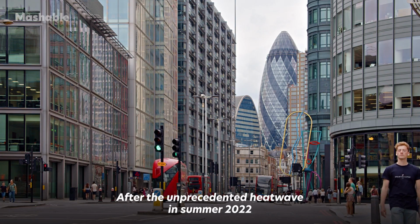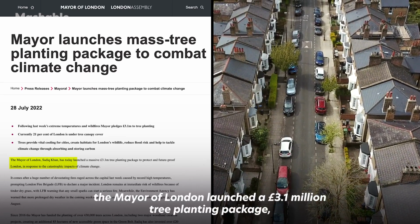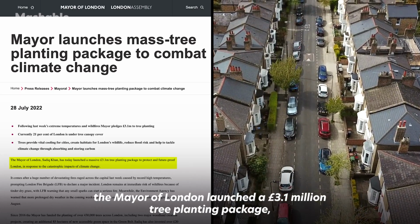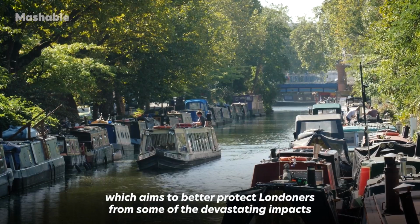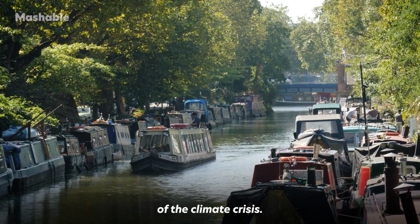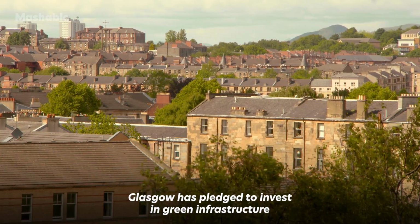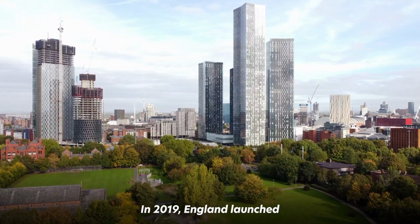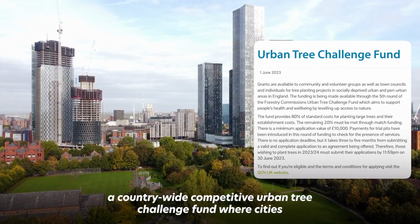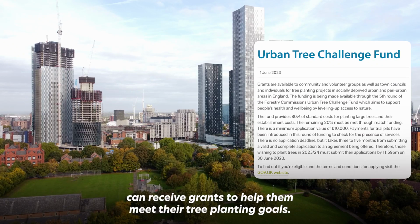After the unprecedented heatwave in summer 2022, the Mayor of London launched a £3.1 million tree planting package, which aims to better protect Londoners from some of the devastating impacts of the climate crisis. But it's not just London. Glasgow has pledged to invest in green infrastructure as part of its own Glasgow Green Deal. In 2019, England launched a countrywide competitive Urban Tree Challenge Fund, where cities can receive grants to help them meet